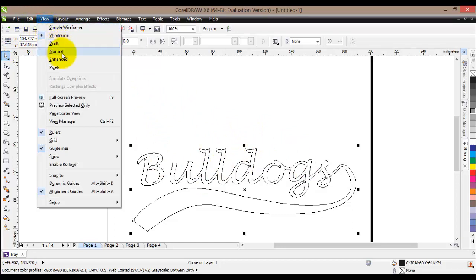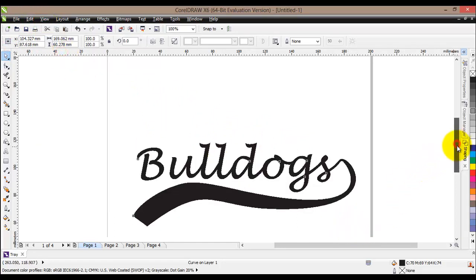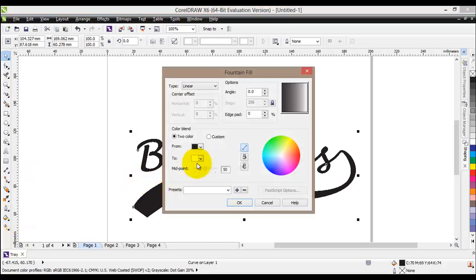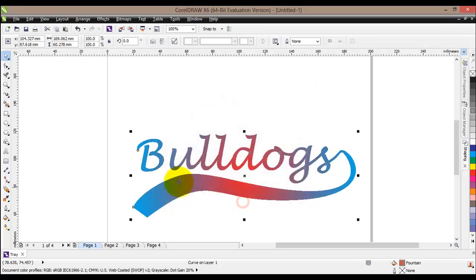So let's go back to normal. Now the next thing I would like to do is actually apply some fill to this shape. If I go to the fill tool here, and I'll select the fountain, and I'll choose two colors. For example, let's choose blue and red. Yeah, we'll change it a bit. We'll actually change it to radial. That's better. You can see that our fill has been applied to both objects, so to our text and to